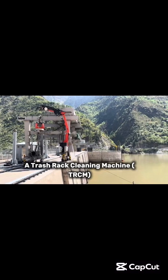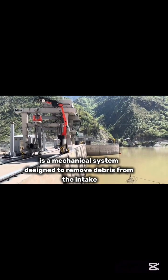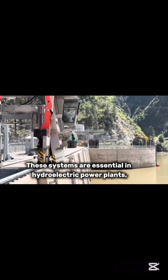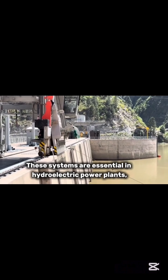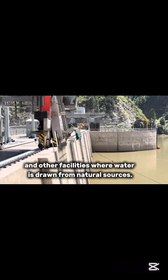A trash rack cleaning machine (TRCM) is a mechanical system designed to remove debris from the intake screens or trash racks of water intake structures. These systems are essential in hydroelectric power plants, irrigation systems, water treatment plants, and other facilities where water is drawn